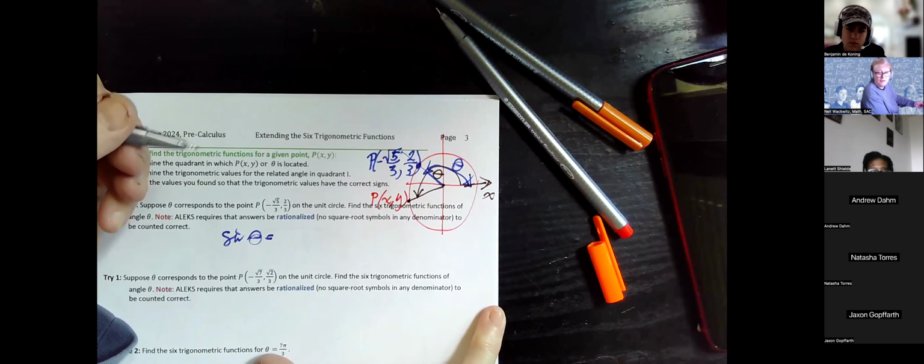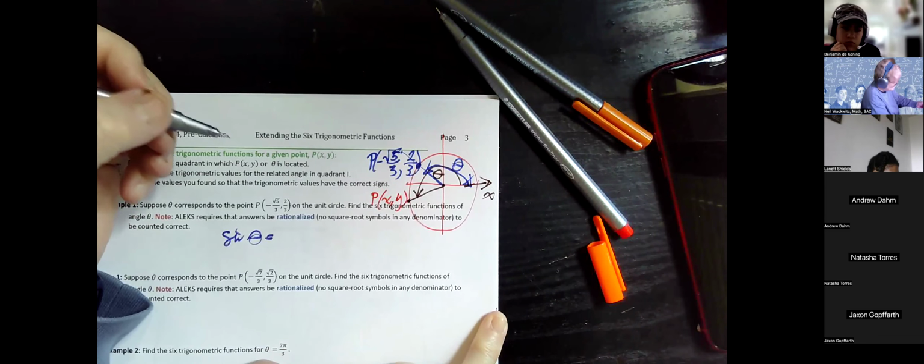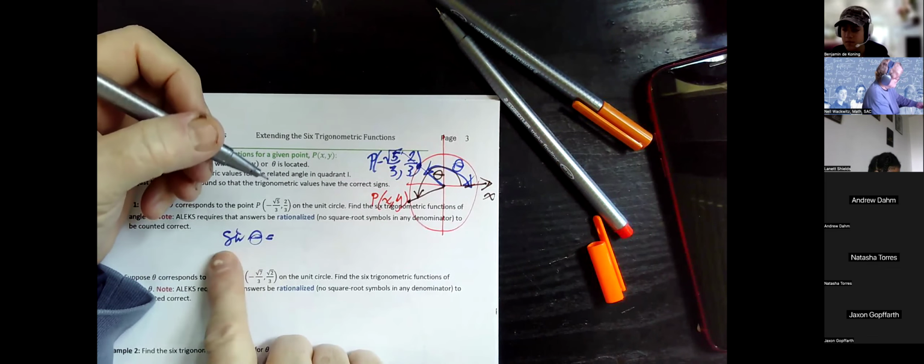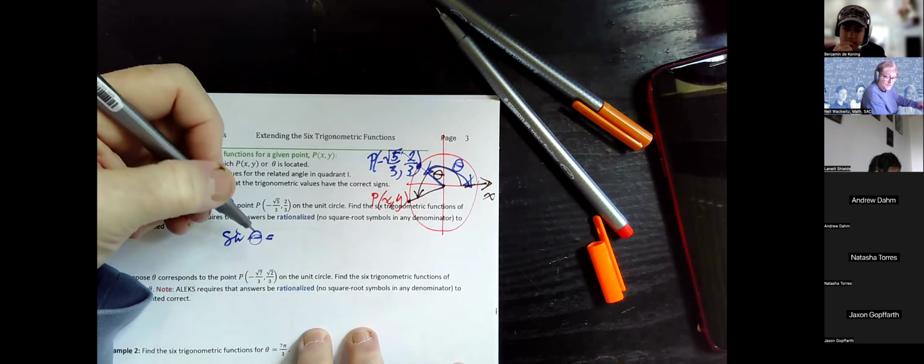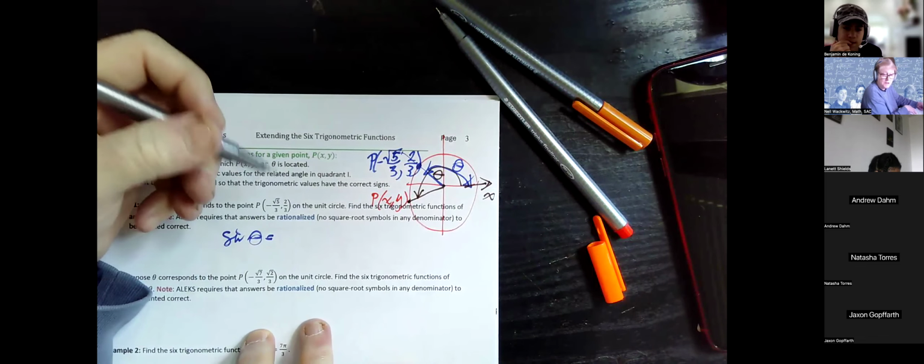Sine goes with which coordinate? X. Almost. Y. Sine is second in the alphabet, so cosine comes first alphabetically and x comes before y alphabetically. Okay, so yes, sine goes with y, and that means that the sine of theta, where theta is marked in blue here, is going to be